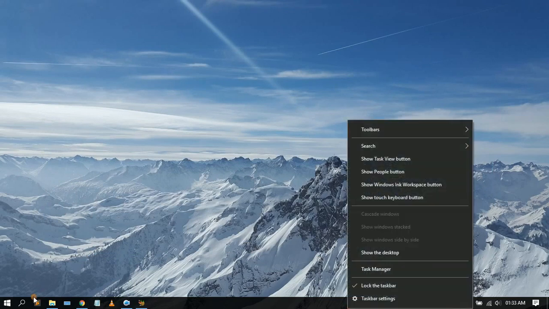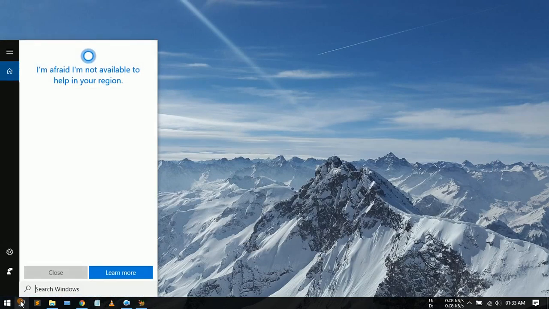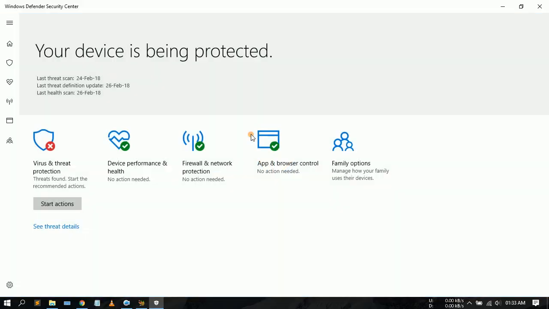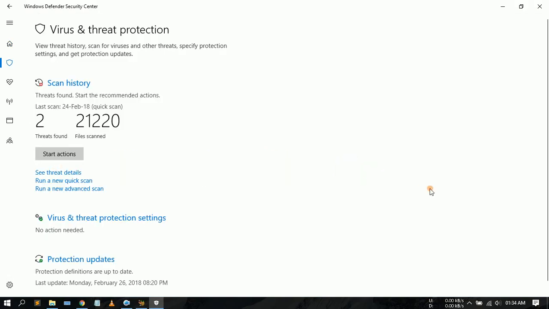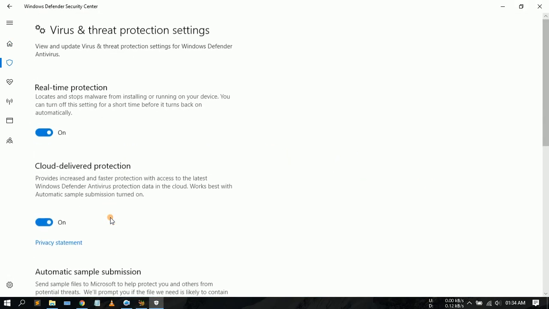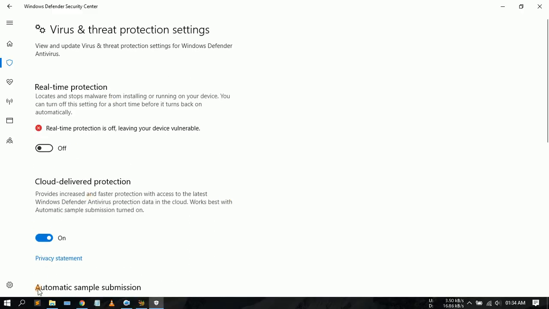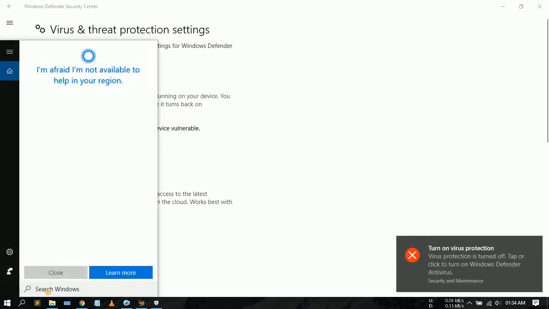After that, you have to open your Windows Defender by going to your search, and then go to virus and threat protection. There you will find virus and threat protection settings, and here you can turn off real-time protection. Okay, after turning off your antivirus, or you can say Windows Defender,